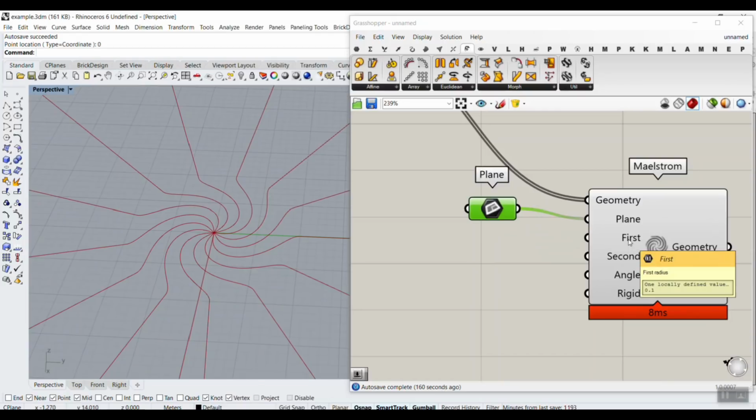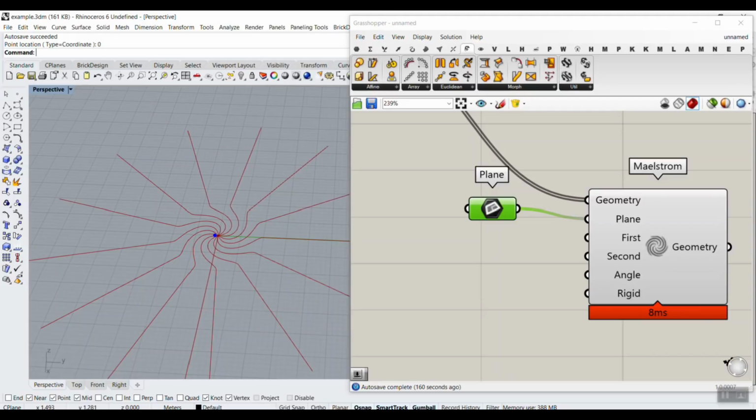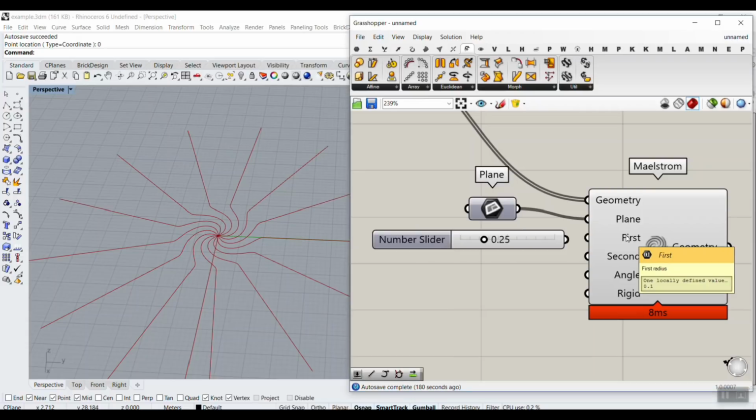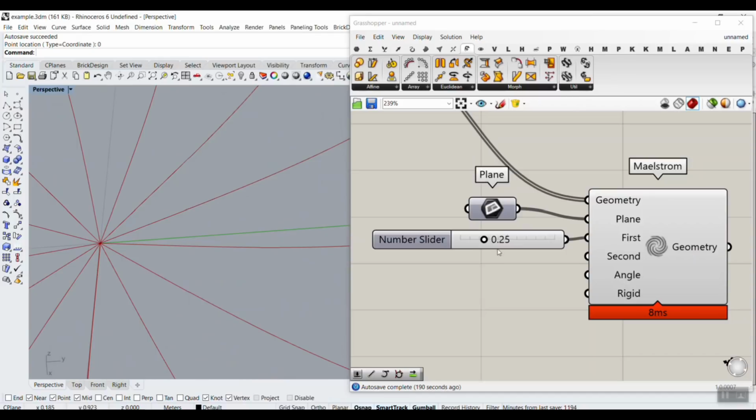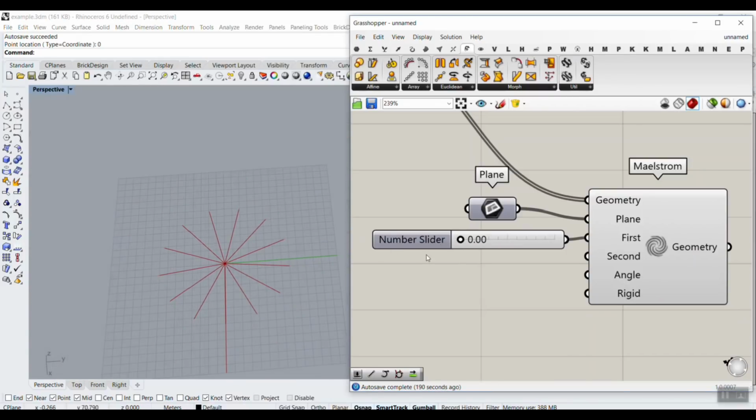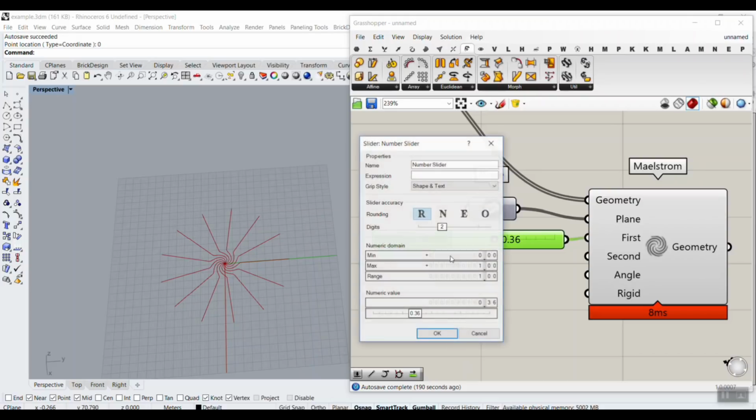Okay, the first radius and the second radius is basically two radiuses we define to make the Maelstrom, right? So we will have this R1, assume that this is an R1 and this is the R2, and this is the range of the Maelstrom components. So we can just define, you don't have to give this a 0 because if you just give a 0 to this, it's not going to work. And you can see that I can decrease that, but when I just put this to 0, it's not going to work. Okay, so you can see, let's just increase that number,